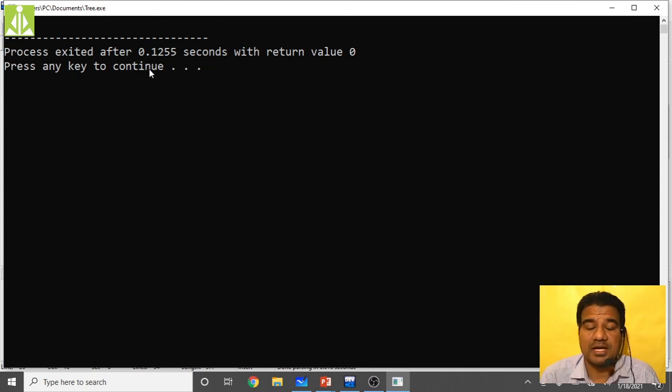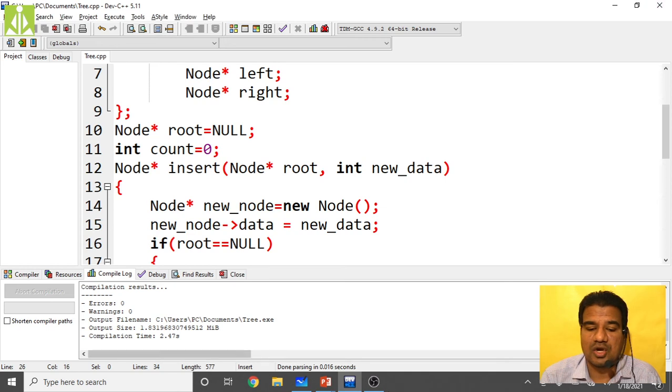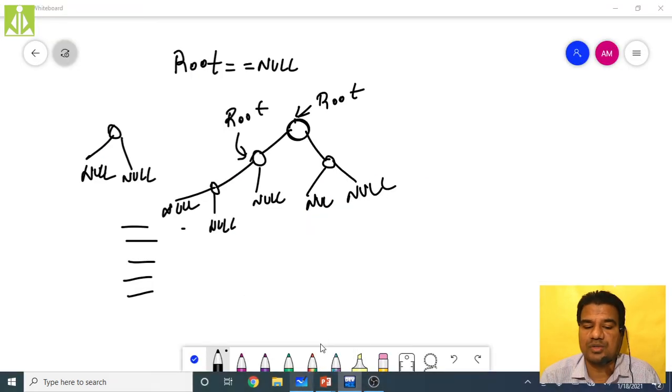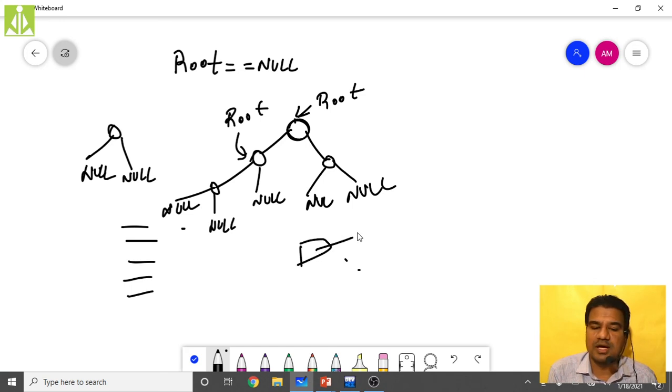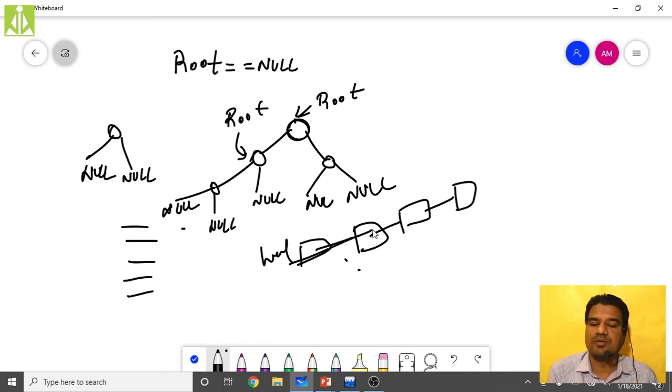Display is an advanced concept. If it is a linear data structure, we are going to have all our nodes in a linear fashion, and we'll start from the head and proceed towards the last node, and we will print all the node values. That approach we follow in a linear data structure.